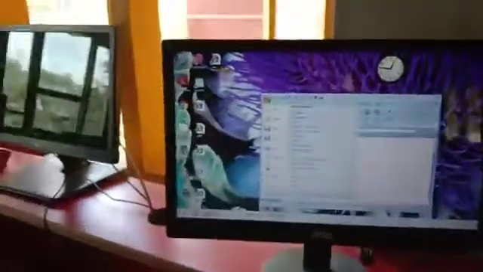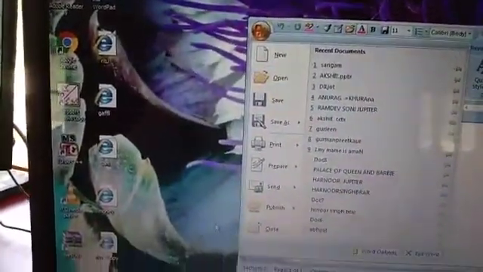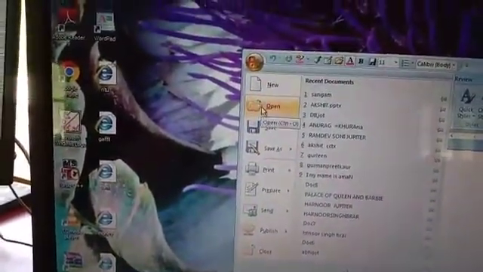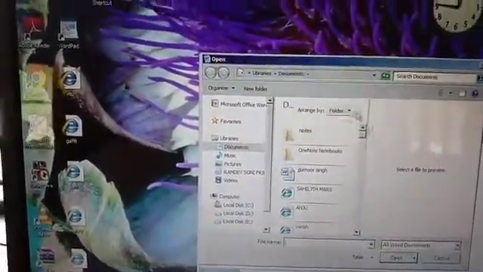Suppose folder. What is the meaning of folder? This yellow symbol, this is called a folder. Suppose I am clicking on open. Clear? In one folder many files are there. In one folder you can store many files.